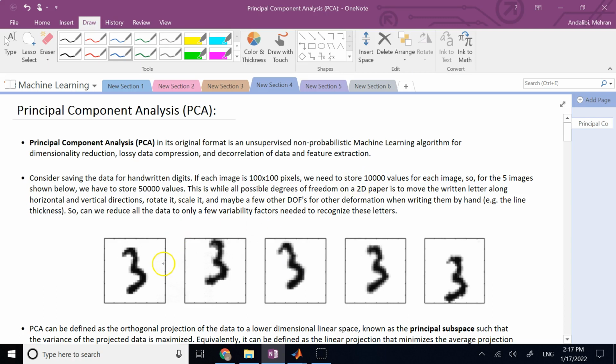So if you want to recognize or classify one handwritten number 3 among so many others, then the number of data points that you need to store, the size of the feature vector for each and every one of these 100 by 100 images, is 10,000. And now, if you want to store 5 of these, that's 50,000 values. If each value is 8 bits, they are uint8, that's 8 times